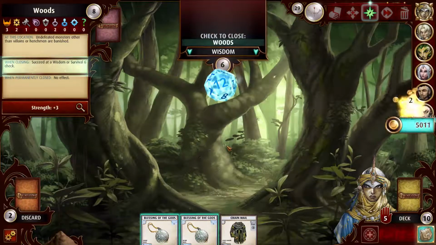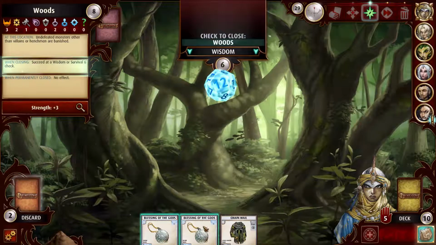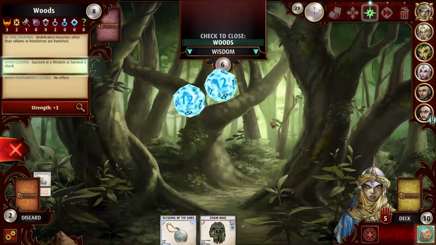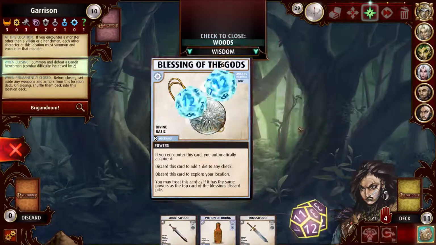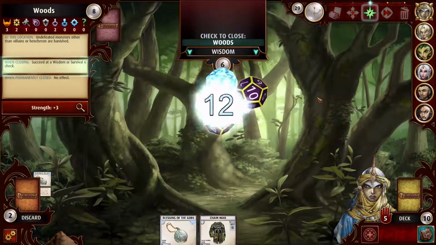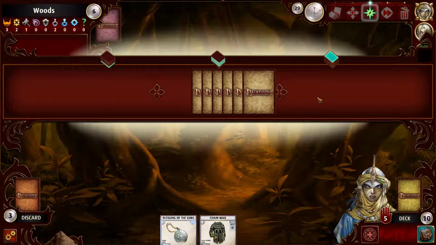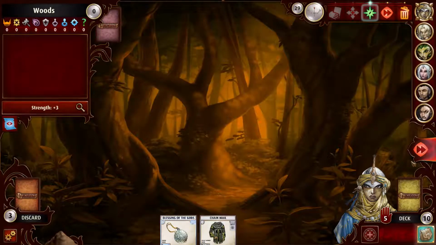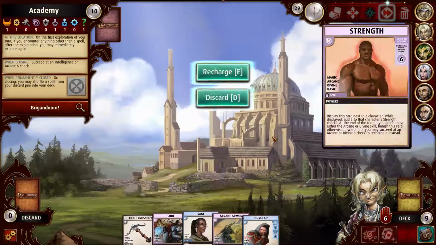And let's close location. We need a wisdom. We've got a 12, so I'm just going to add one more die and risk it. No, I'm just not going to risk it. I hate risking things. You blam. Oh, 12. Oh, first location is done. And that is why you want to always...